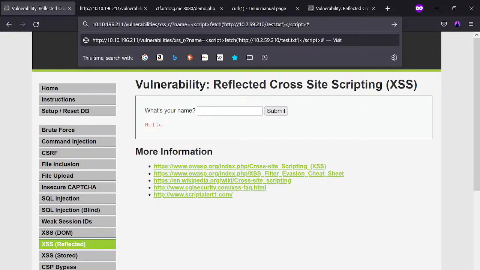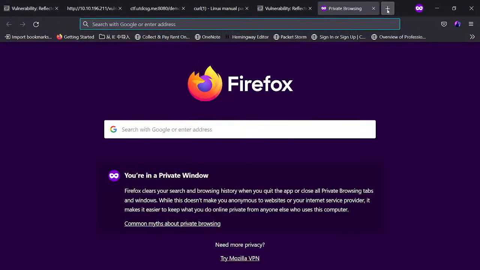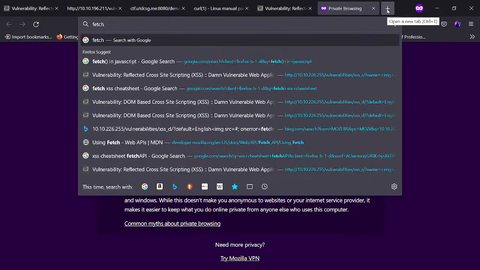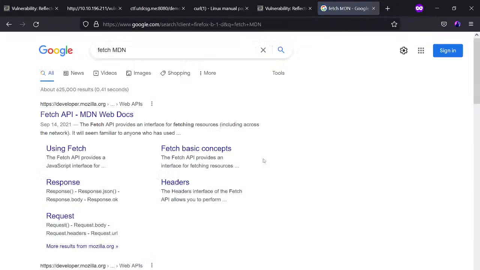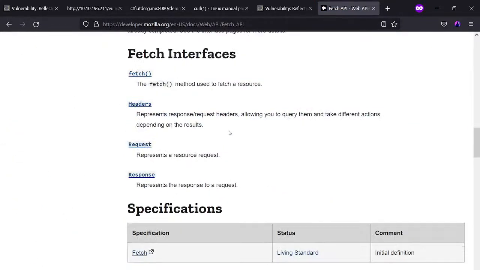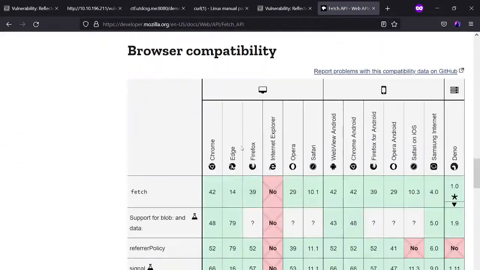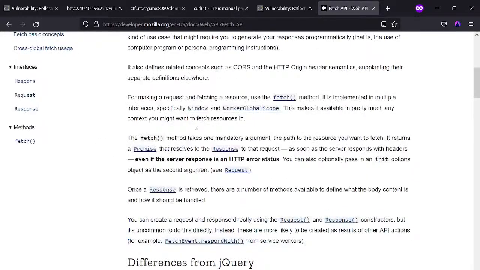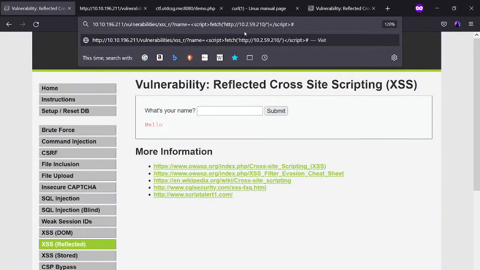And what it does is it's using an API called fetch. In case you don't know what it is, another good resource to go to is MDN, like I said, Mozilla. All the best. So you can see what it is and how to use it from there. Basically, essentially, it's going to send a GET request to the URL specified right here. And what else it can do is that since